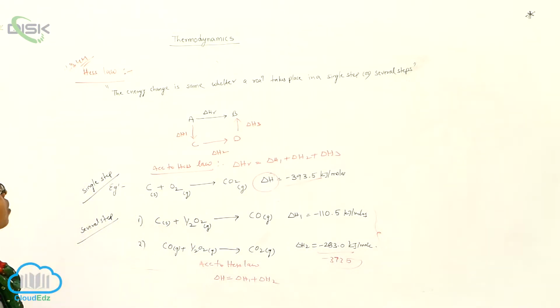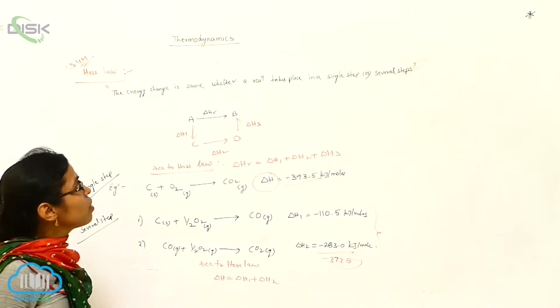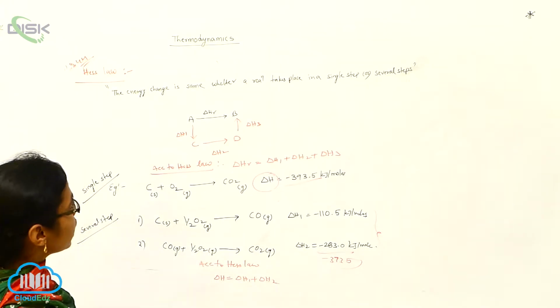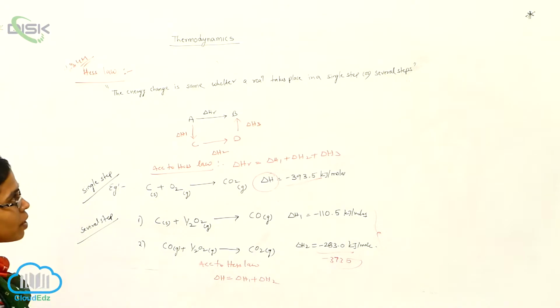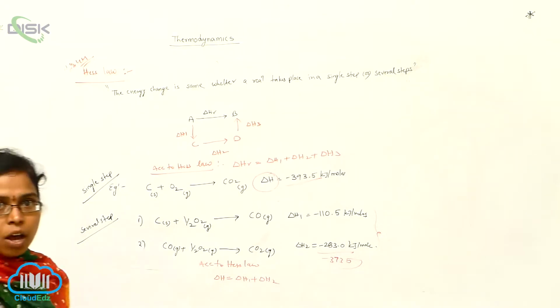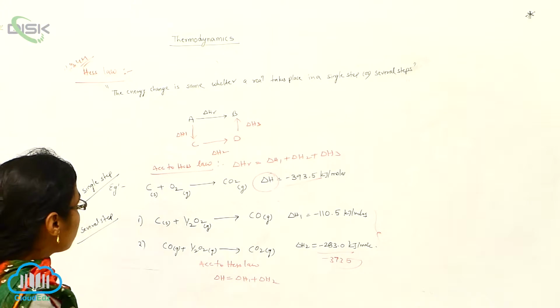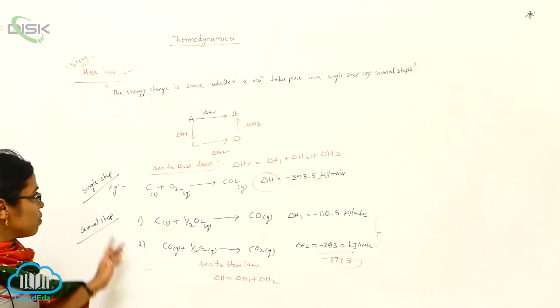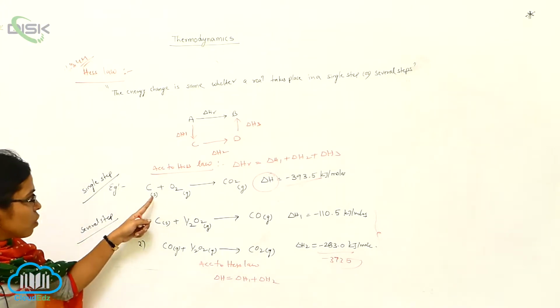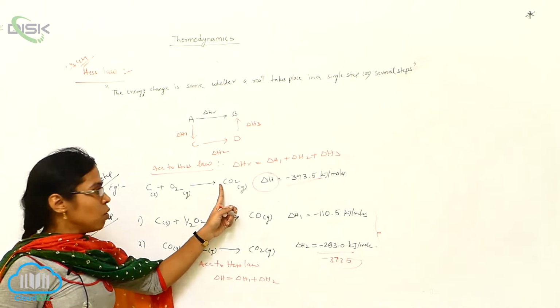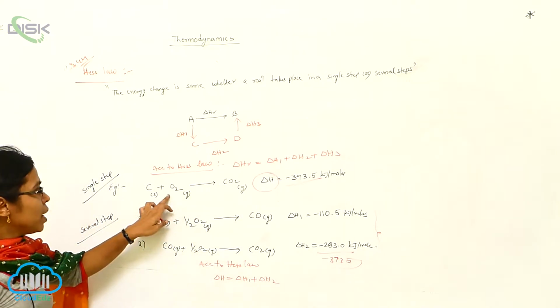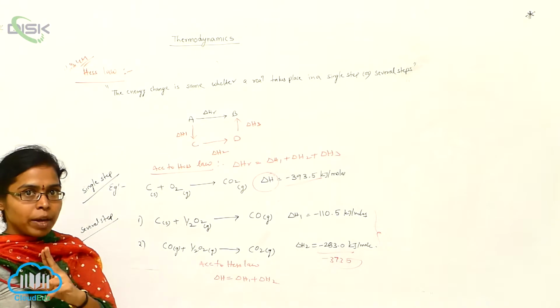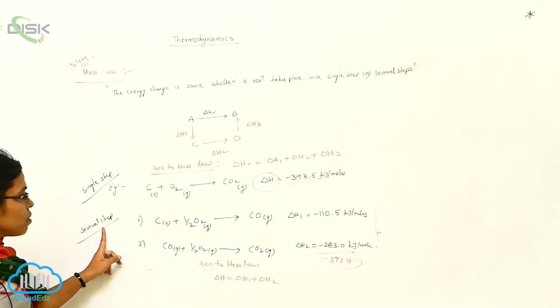Okay, what is the definition of Hess law here? The energy change is the same whether the reaction takes place in a single step or several steps. That is called Hess law of conservation. In the Hess law of conservation, I am taking one chemical example, the formation of carbon dioxide. Formation of carbon dioxide involves two types of mechanism: single step mechanism and several step